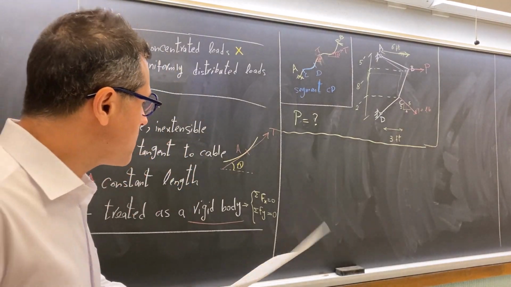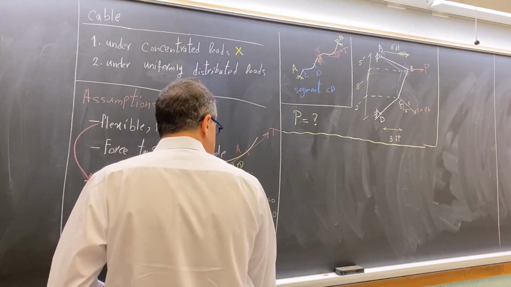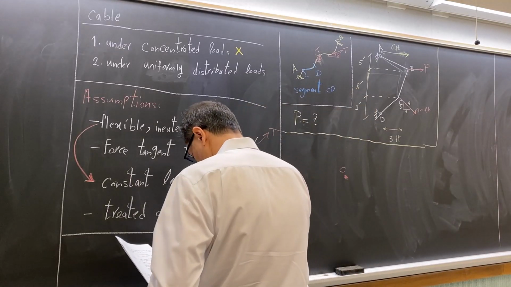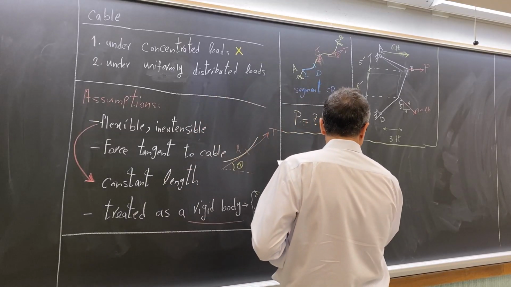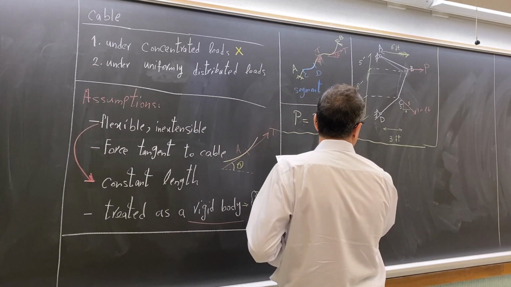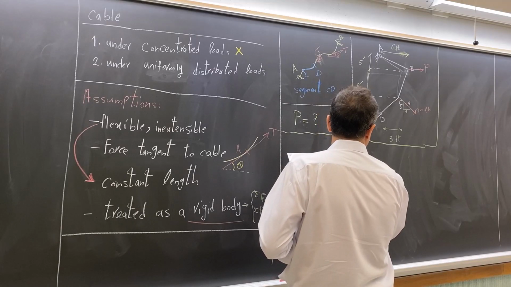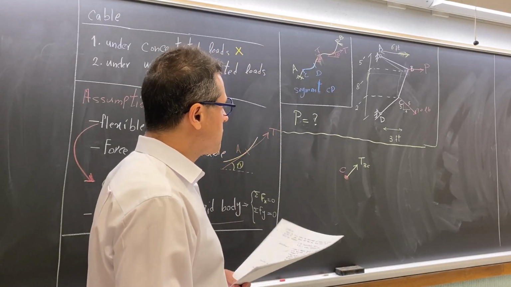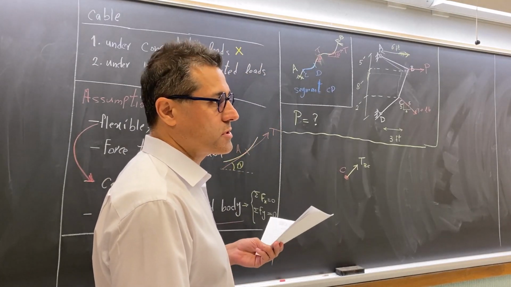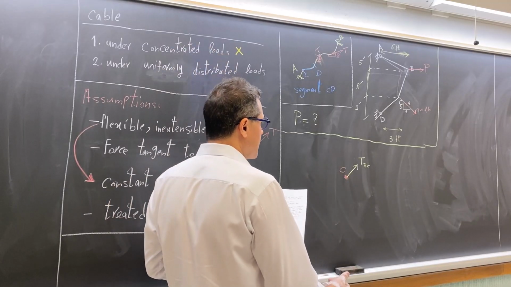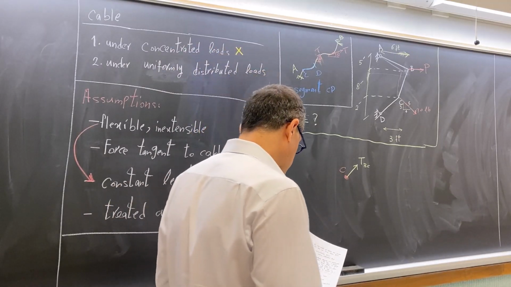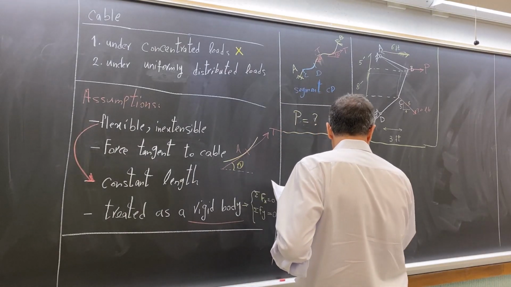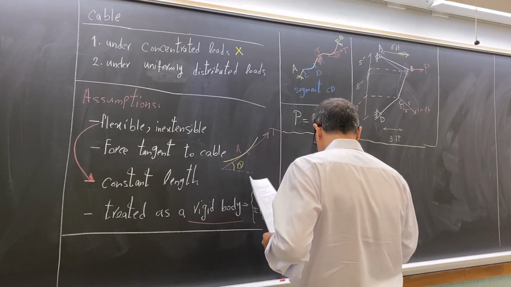I'm going to draw the free body diagram for joint C. So this is joint C. We cut it from the surrounding. So when you cut it, you have tension in the segment. We show it with TBC. You always show the force of the cable as a tensile force, always, because the cable cannot sustain compressive force. So the direction is